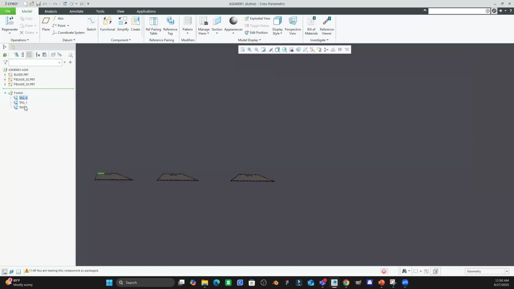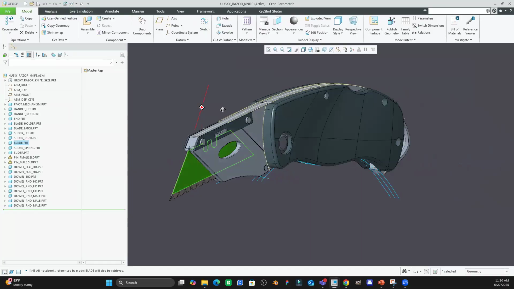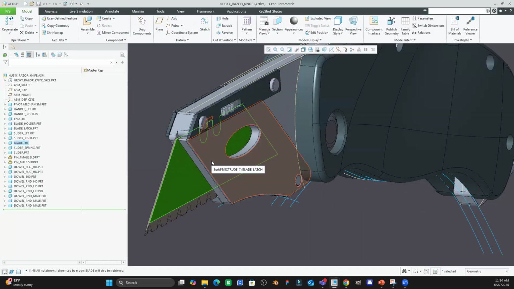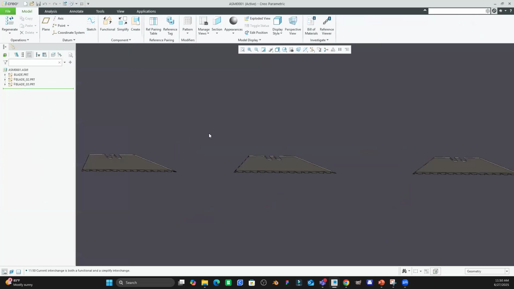But the cool thing is, I'll get rid of these tags, if you have a pre-existing assembly already, which we do, right? So we have an assembly here where this blade is assembled, and we have constraints that are already predefined in this blade. Since we already have that data, now all I have to do is go straight to my reference pairing table